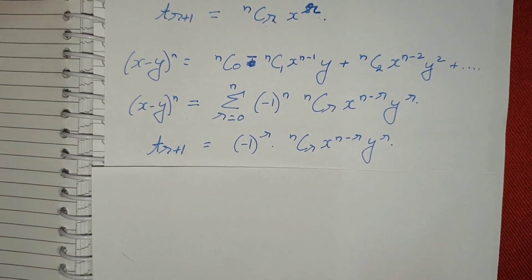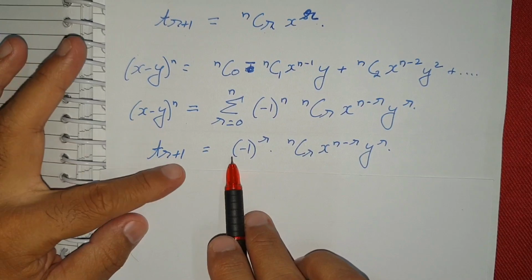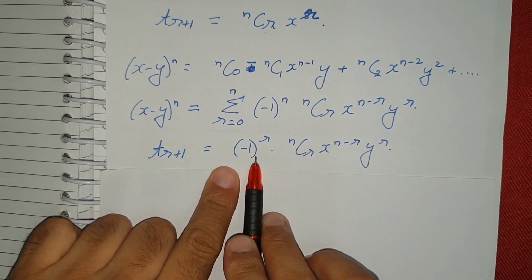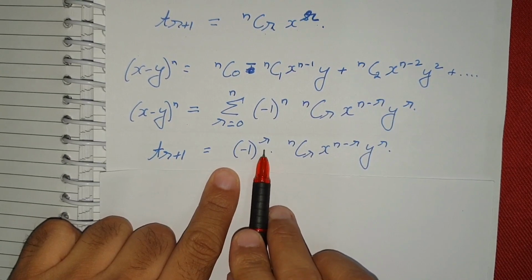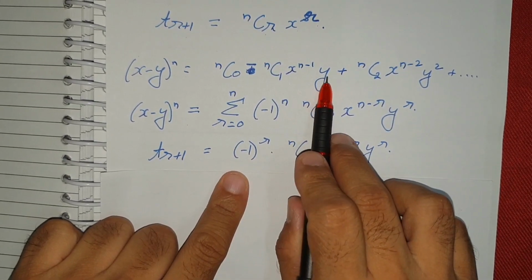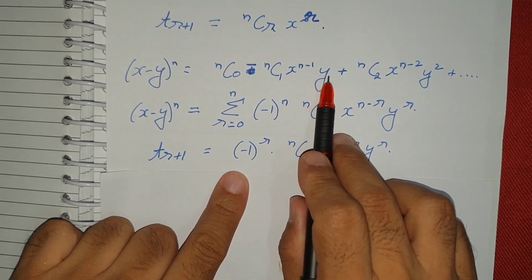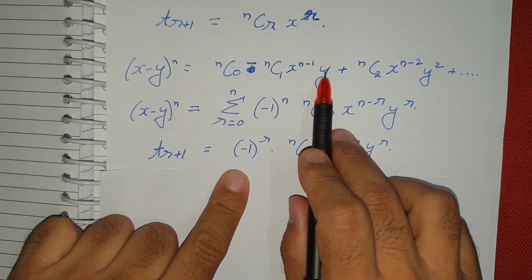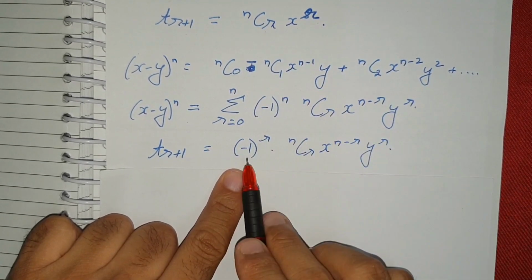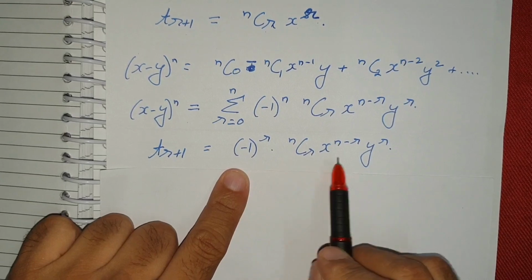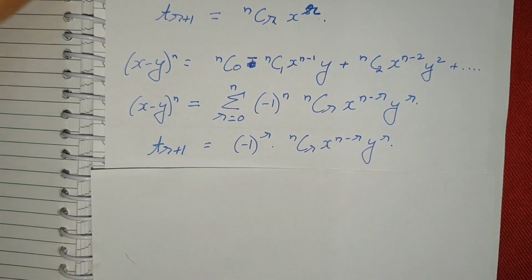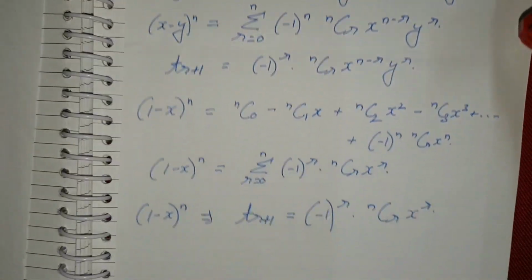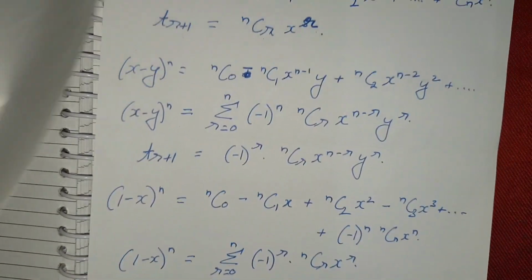Now the general term. So this is T(r+1), it's (-1) to the power r. It depends on the power r of y: if y has odd power, negative sign; if y has even power, positive sign. So this is nCr x to the power (n-r) y^r. Now when this is minus,